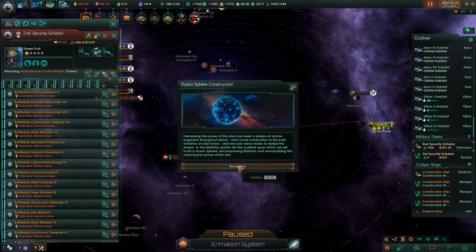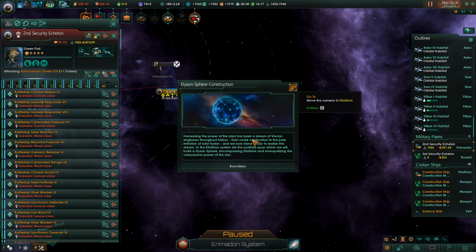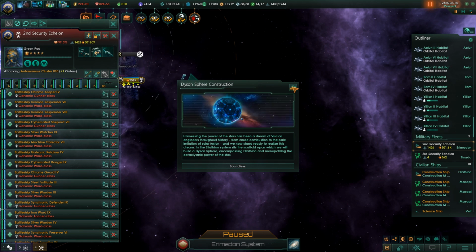Dyson Sphere construction. Harnessing the power of the stars has been a dream of Vision engineers throughout history. From crude combustion to the pale imitation of solar fusion, we now stand ready to realize this dream. In the Eliathion system sits the scaffold upon which...